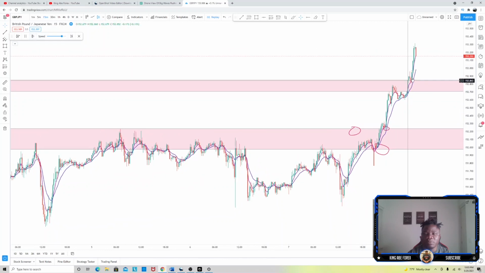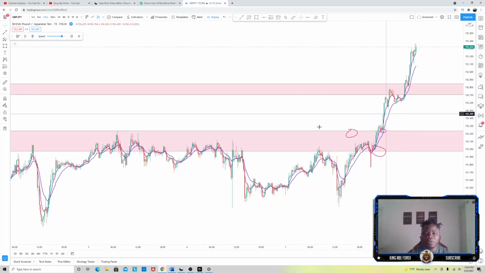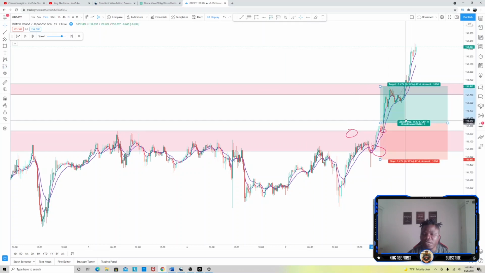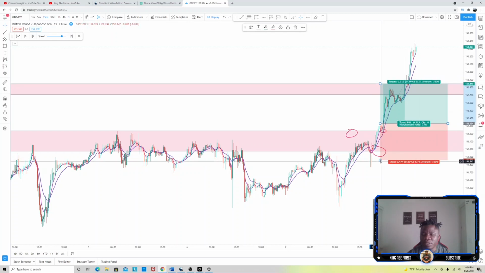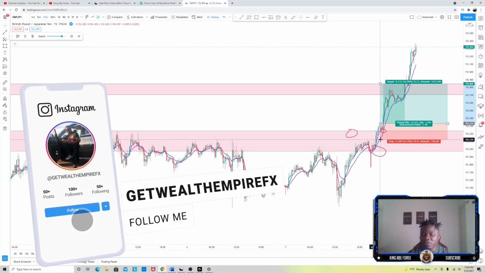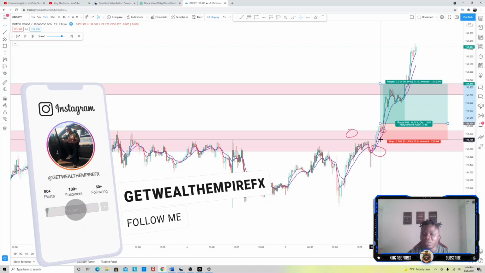Bam, we got our take profit smashed right there. Now let's take a look and see what our risk to reward ratio was for this trade. We got in right here at this bullish engulfing candle, and we got our take profit smashed for 51 pips, and we're just gonna have our stop loss right below this 13 EMA right over here for